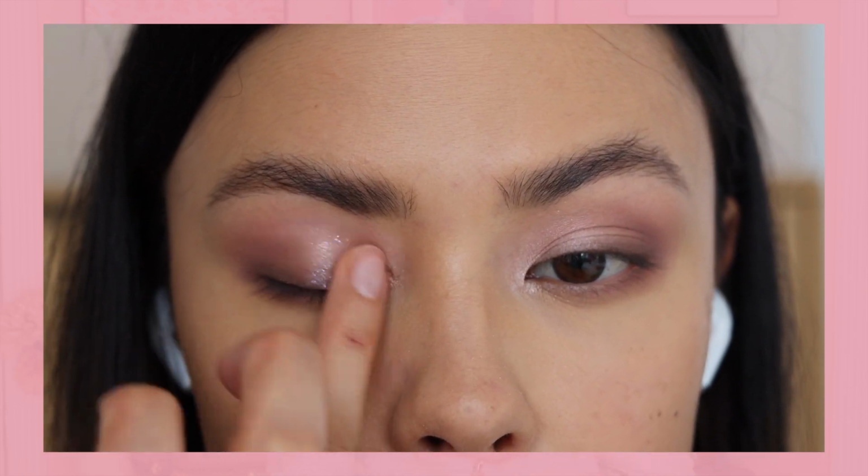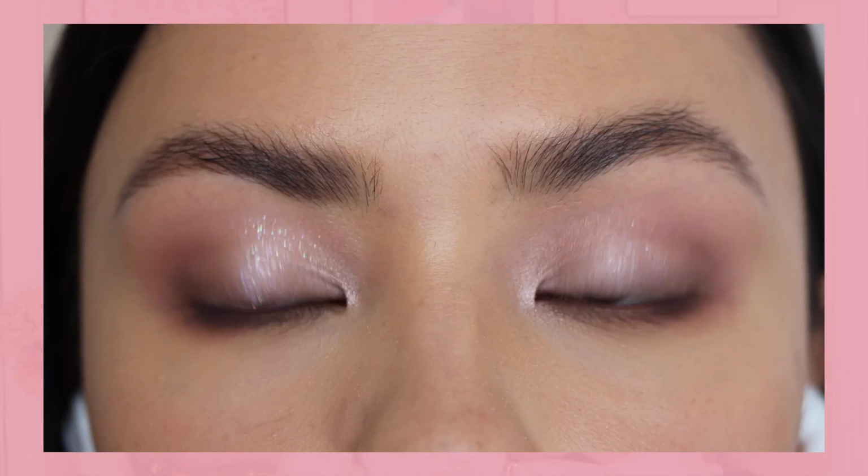I think it's actually a very nice quality eyeshadow palette, but like I said, for $25, I kind of dinged a couple points because I feel like you could find another eyeshadow palette for $25 that's much better than this, but I'm not mad at it. Let's just go ahead and jump into the part of the video